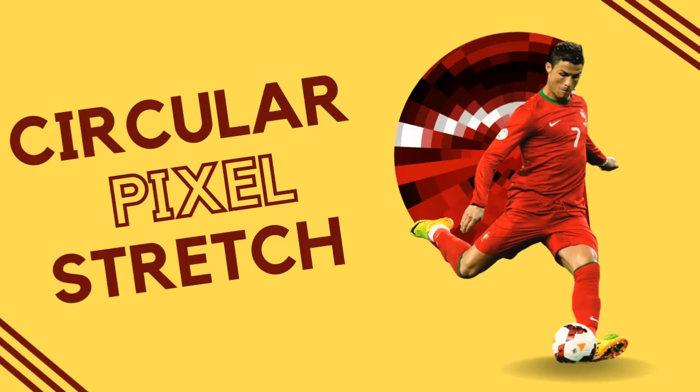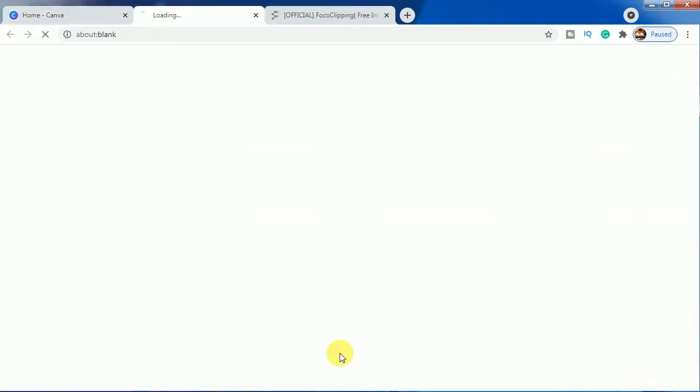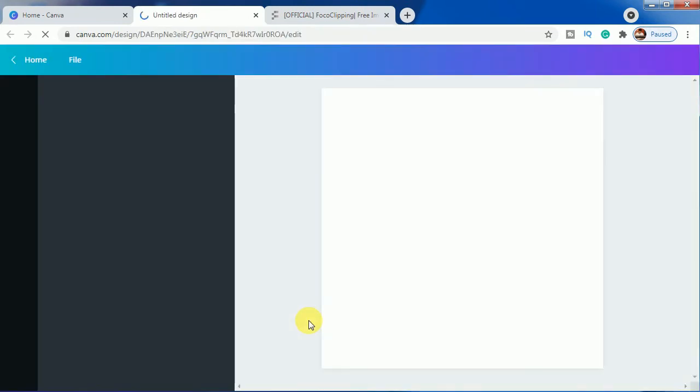Hello everyone. So in today's tutorial I will be sharing with you how to make circular pixel stretch in Canva. So let's start with it. So we will be choosing Instagram post as a blank canvas